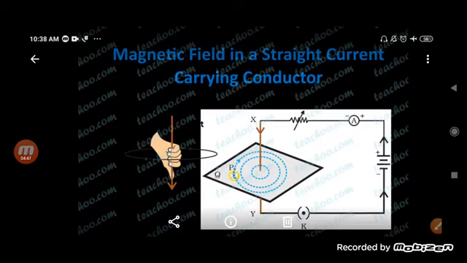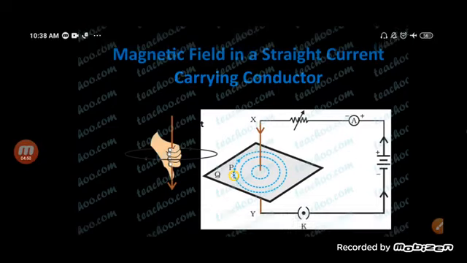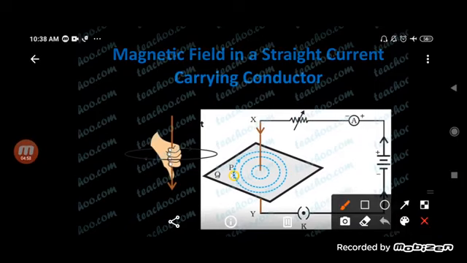Now you see here in this picture also, students, that the current is moving in the downward direction, and thus concentric circles are formed. This is the circle which is formed around the conductor, and this is the right hand rule also. The right hand rule explains that if this arrow is showing the movement of the current, and the current is moving in the downward direction, then the magnetic field present around it will be in